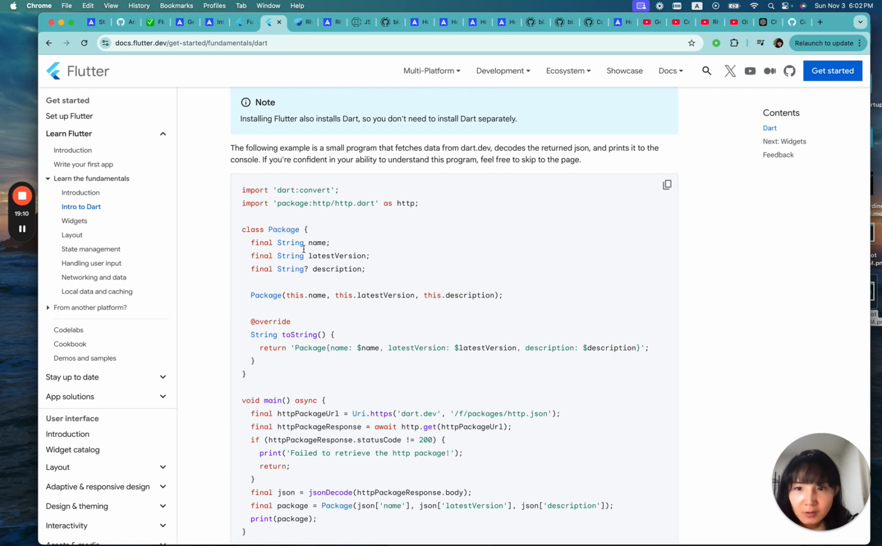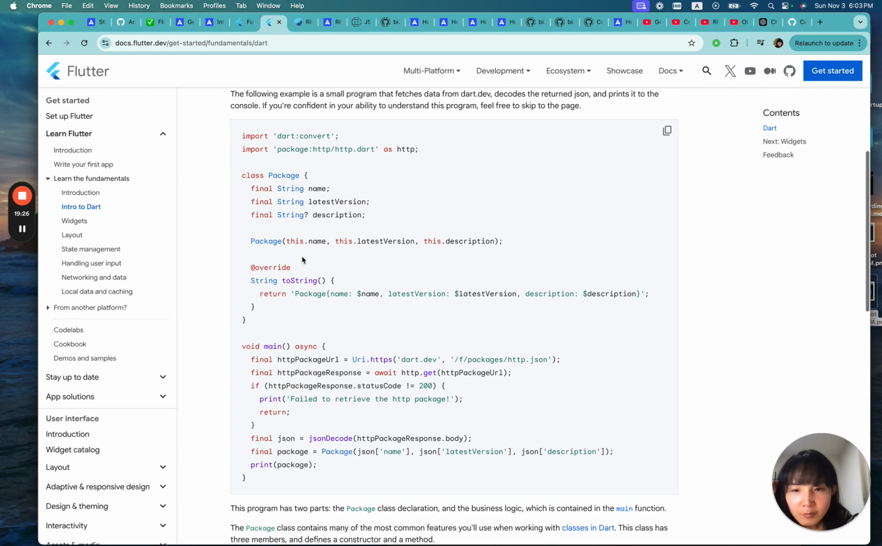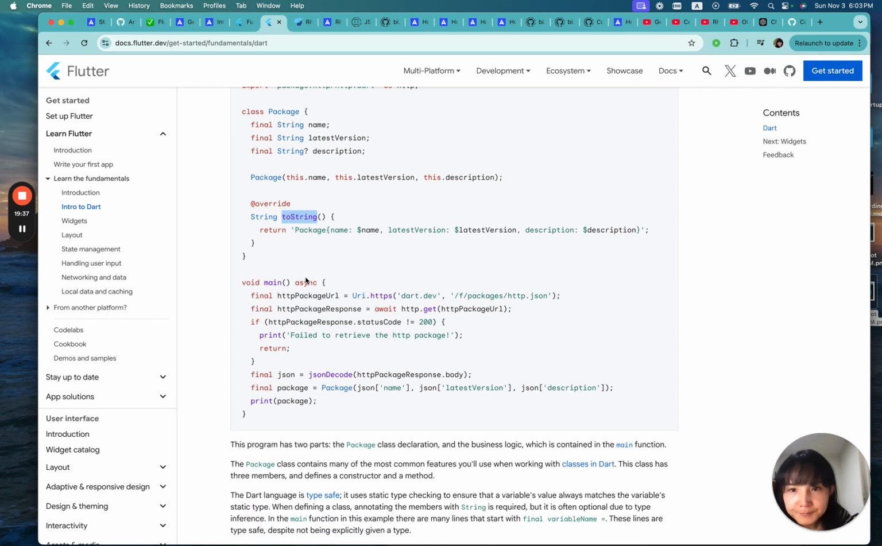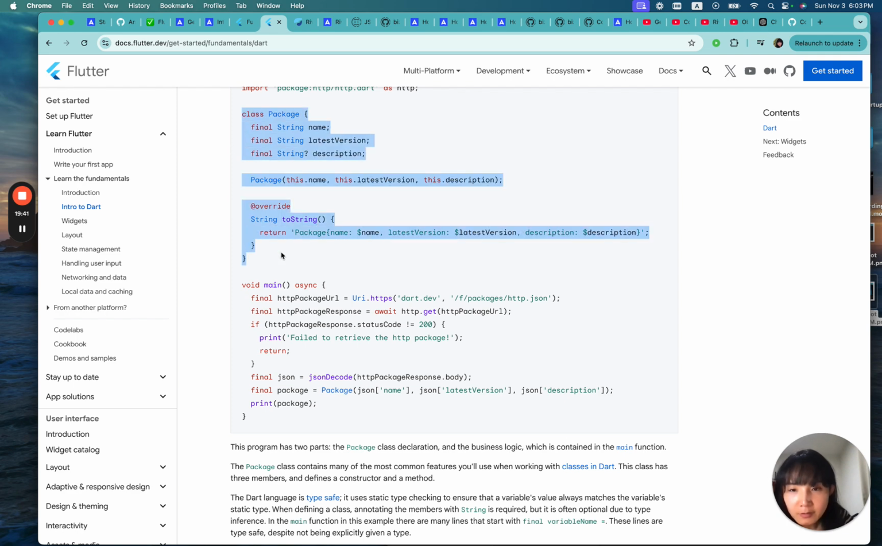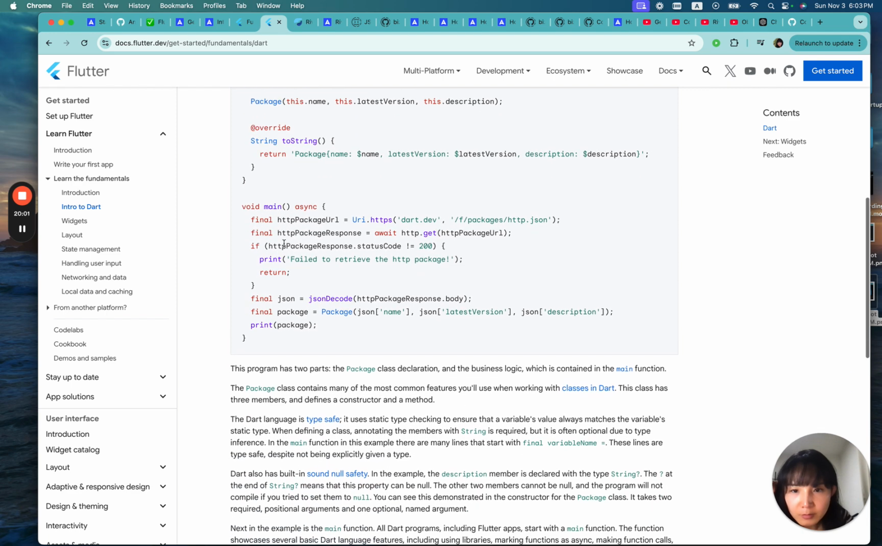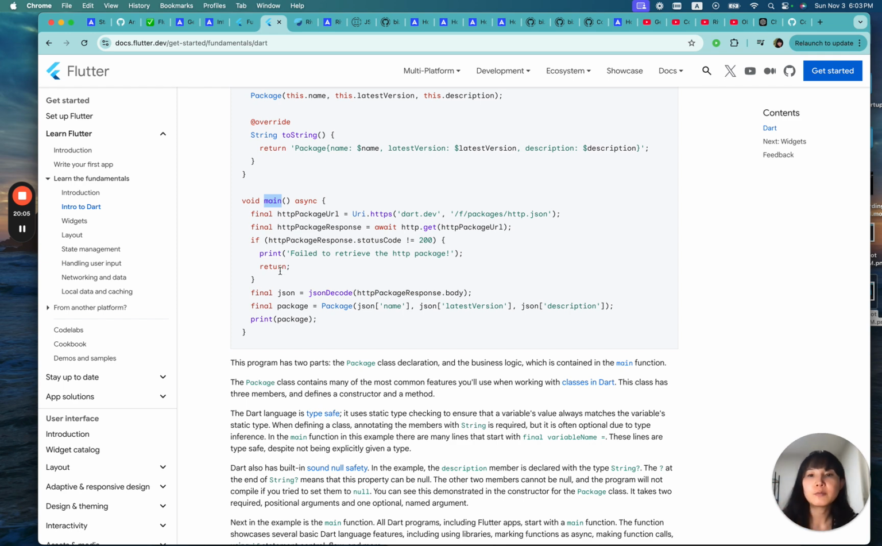Okay, if you are confident in your ability to understand programs, you can stay. So this is a simple page to go through the index. So you have package, name, latest version, description, and you write to screen. So this is the data model. It's not complete. We also need to override the hash code and equals operator, so it's not equal if the value is the same. But it's a data model, and then the main function as entry point, and